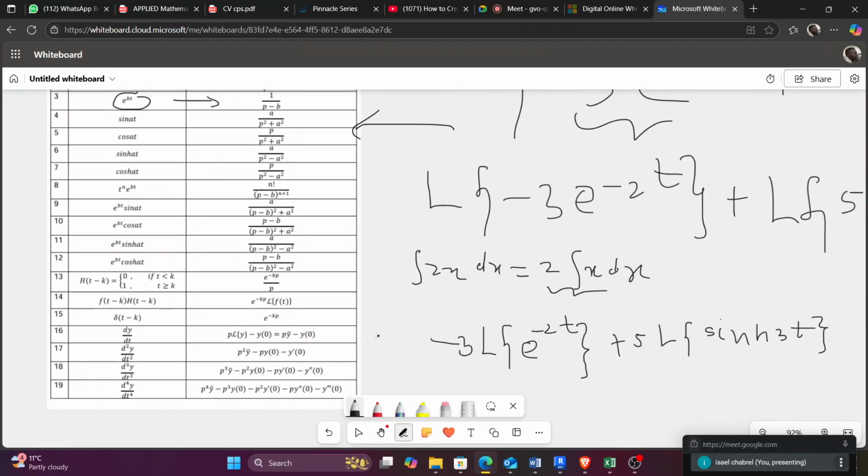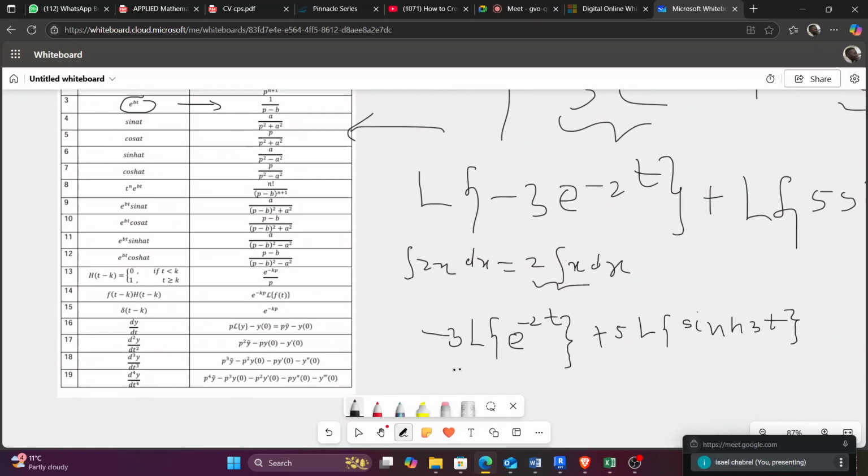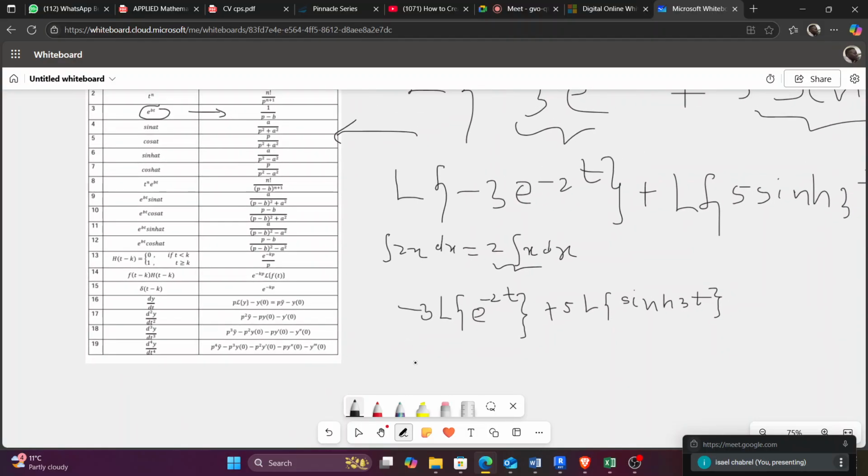Now, as I am on this case, what do I have to know here? I can simply recall here minus 3 multiply. Now I write the answer of this Laplace. According to this, the answer is 1 over p minus b. So you have to be able to identify which one is your b. In this case, our b is minus 2, as you can see here. So I will have 1 over p, minus of the formula, and the minus 2 coming. We did it yesterday, which makes this plus 2 like this. Now you are done. You have 5 outside here.